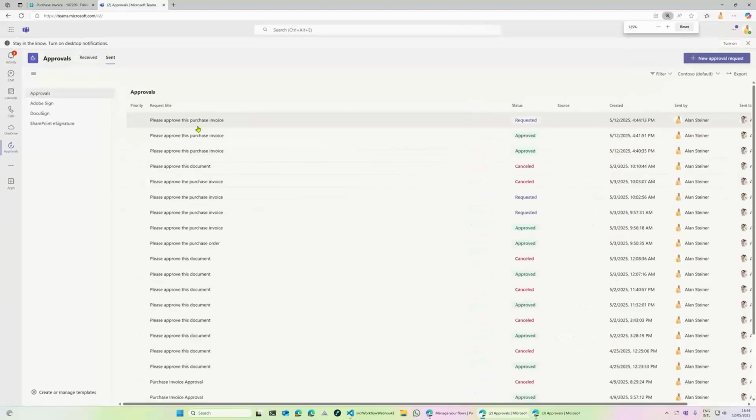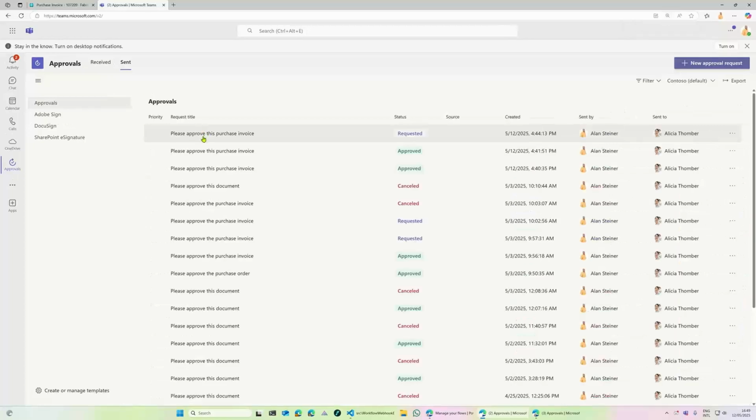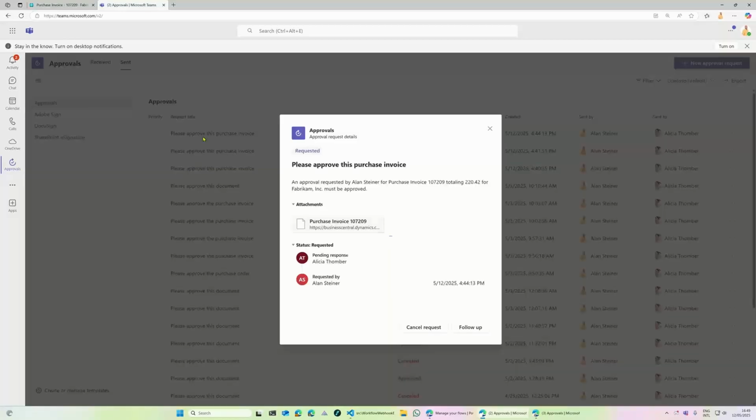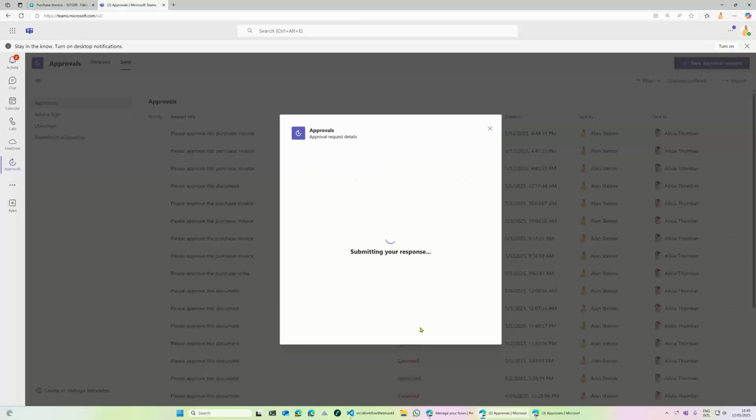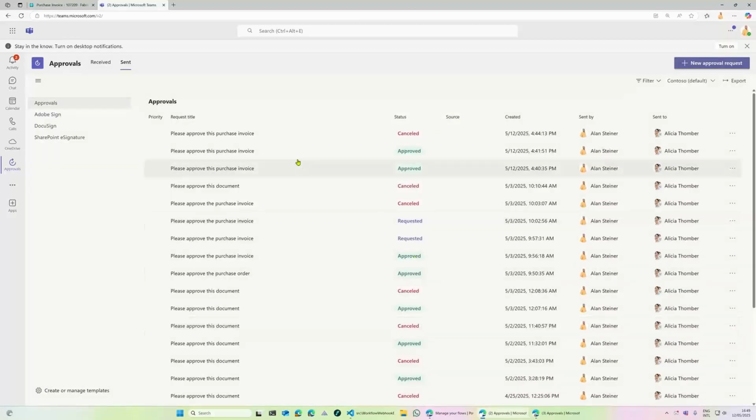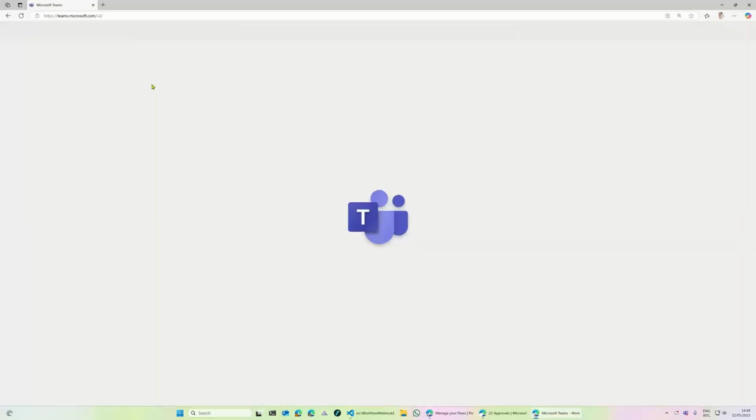And here at the Sent tab, we see all the outgoing approval requests that user created. And here the user can cancel the request. So instead of doing it in Business Central, the user, the requester, should go into Teams and from Teams cancel the request. What now happens is it's canceled from here. The approver, we're now at the approver here, gets a message. Let me just F5 that screen.